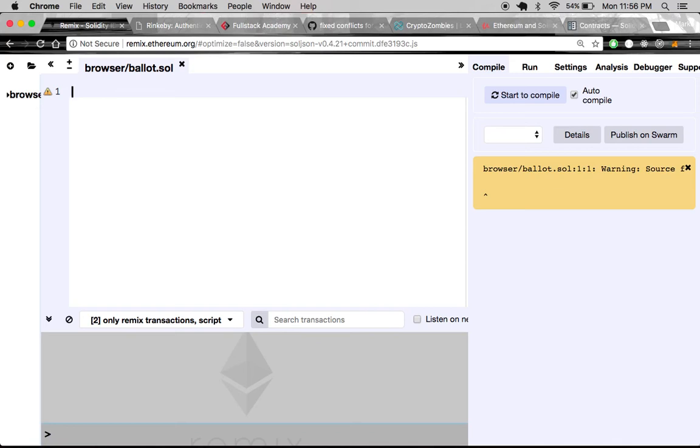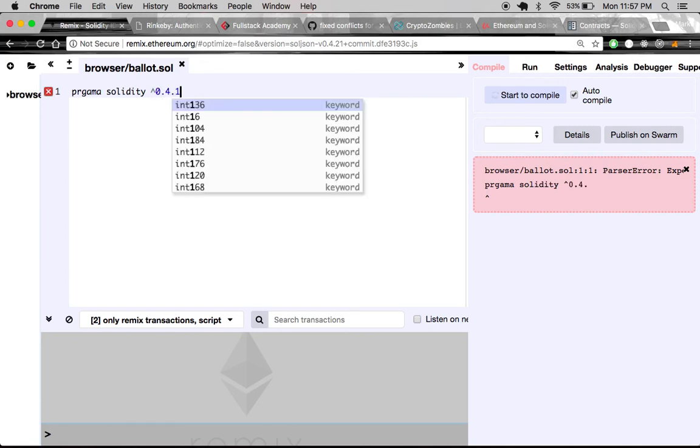To first start out writing our smart contract, we first have to tell the program what version of Solidity we'll be using. Now, the newer versions of Solidity may be buggy depending on how you write your smart contract, so I recommend using 0.4.18. So in order to define what version you use, you simply write at the top of the page: pragma solidity ^0.4.18;